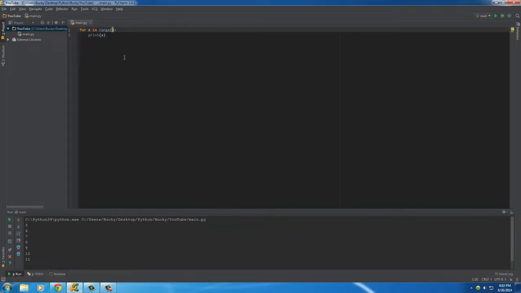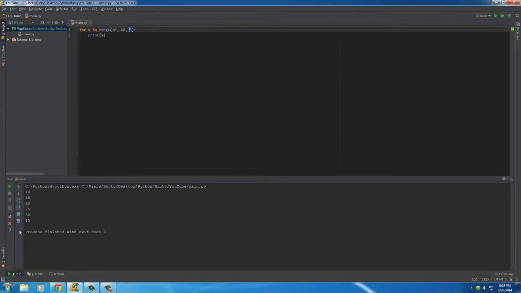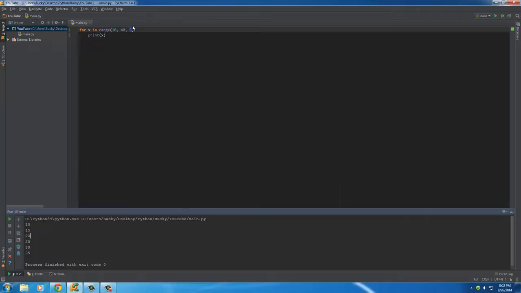And you might be thinking beginning, middle, end. Well, not exactly. The first one is what number do you want to start at? The second one is where you want to end at. And the third one is your increment. So this means count from 10 to 40, but do it in steps of 5. So 10, 15, 20, 25, and so on and so forth. So pretty freaking sweet. So again, if you ever want to specify by how much